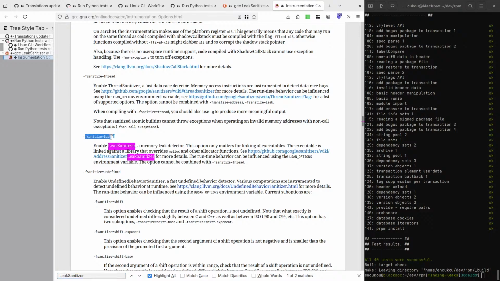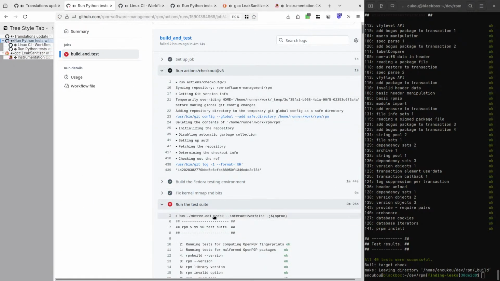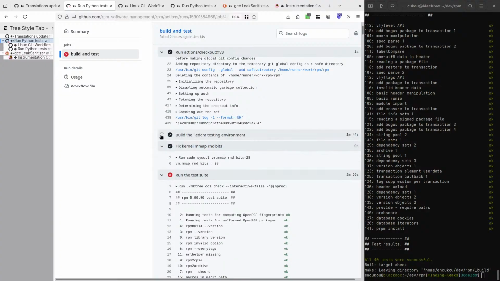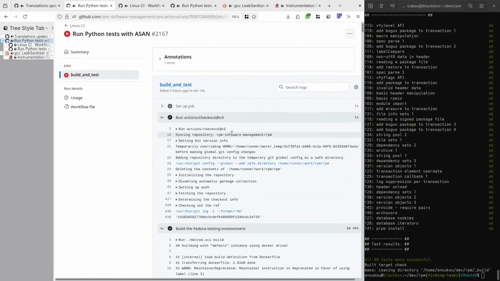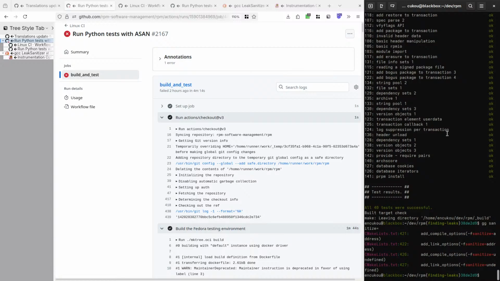Sanitize leak. How did a sanitize leak get in here?